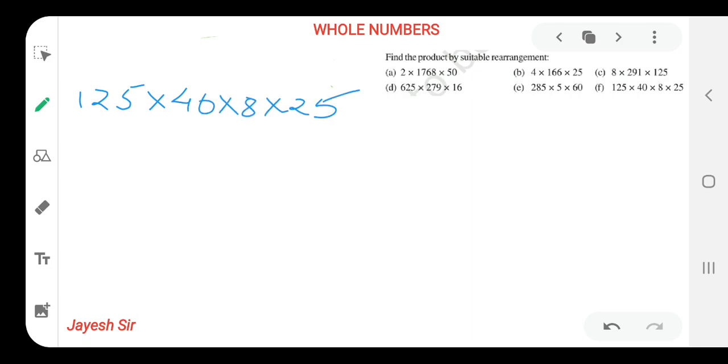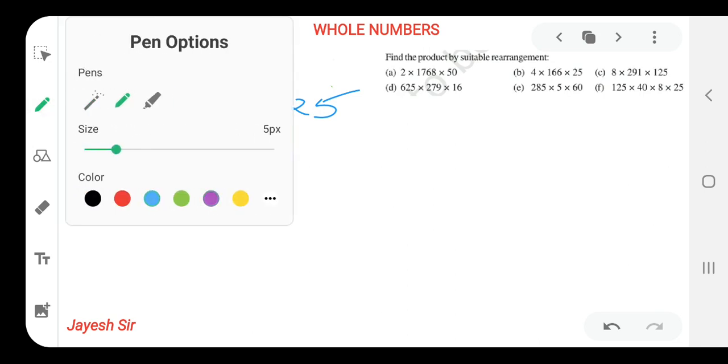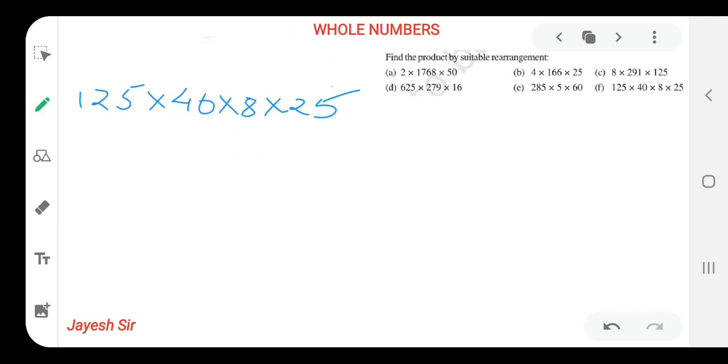Now, there are two good numbers in this. If you have chosen the wrong path, then you would be on the track of the examiner. So, how to solve? Let's see. As I have already done, 125 should be multiplied with 8. In our question number 3, you can see there, I have marked that 125 should be multiplied with 8. That's why we should always multiply 125 with 8.